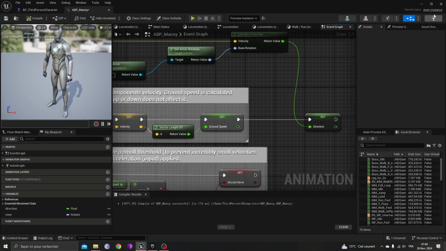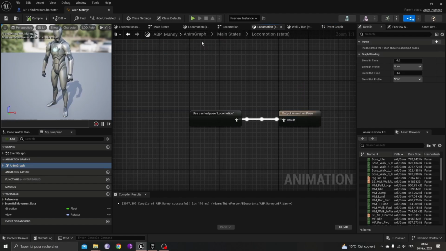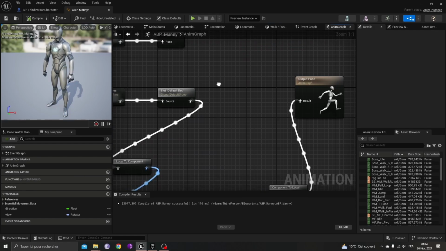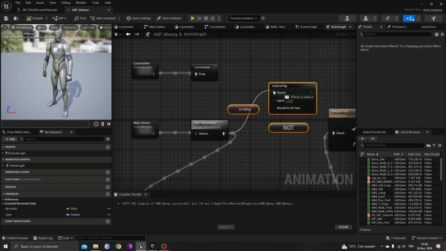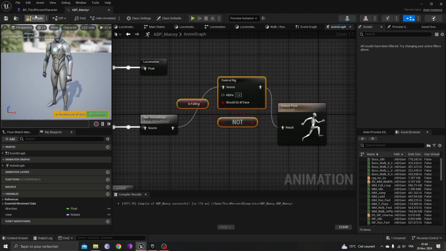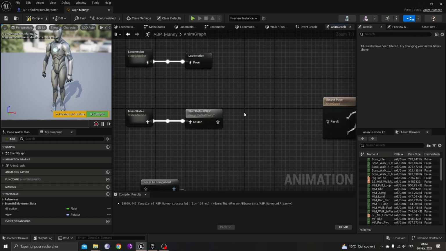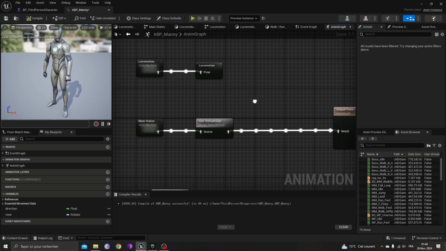Okay, guys. After that, if you go to your animation graph here, where is it? It should be here. Okay. In your case, you should have this. Okay, guys. It will be like this. Only this. So we don't need this control rig node for now. You just put it away and you link this here to here. So now your character should move